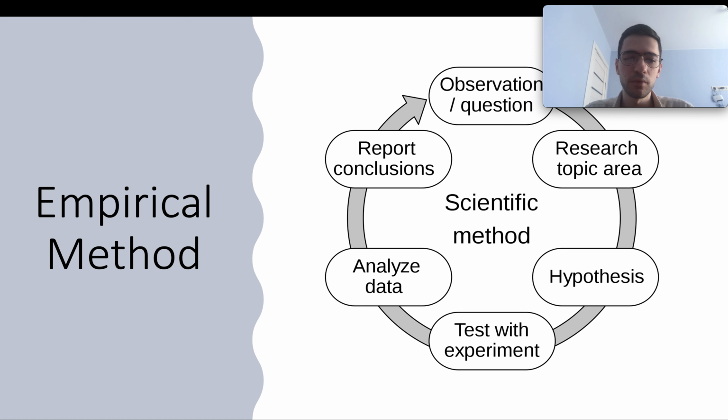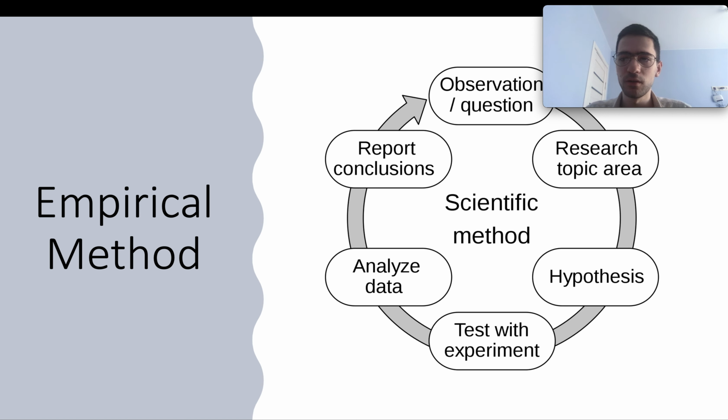And usually an empirical method comes with this classical cycle of research where you make an observation, then research, hypothesis, etc. An example could be that you might wake up in the morning and see that you do not have your phone with you. That would be an observation. Then you would make research by, for example,